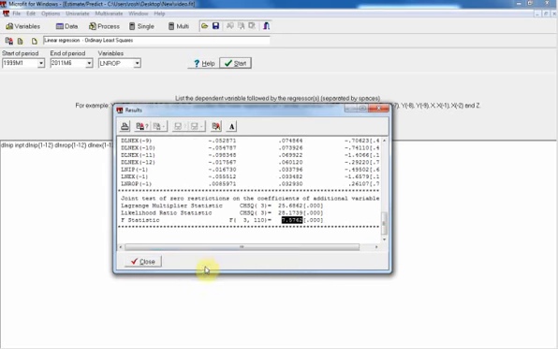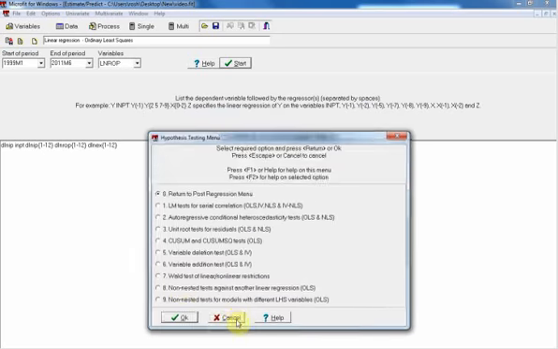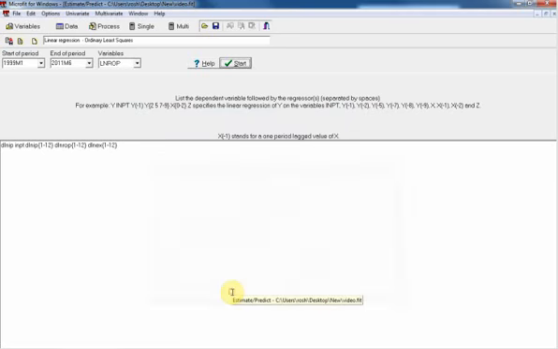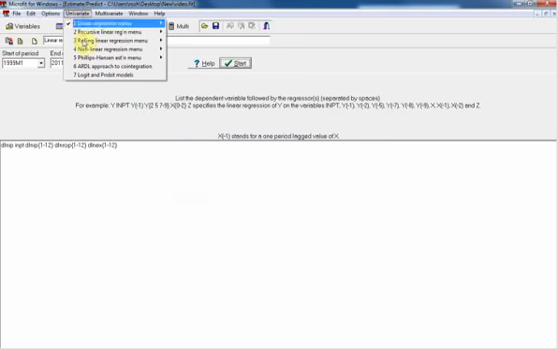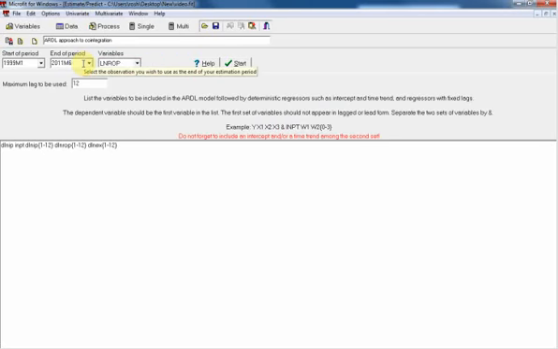Now I will close this because we don't need it now. We just got evidence that there is cointegration, so I can now estimate the long run and short run effects or interactions among these variables. To do that, I will now go to the univariate ARDL approach to cointegration. In there I keep the starting and end period as it is, 12 months I leave it, and I will delete all this. I don't need it. I will now enter another set of